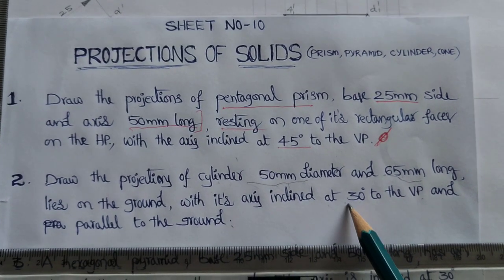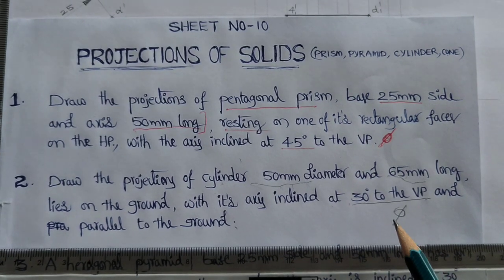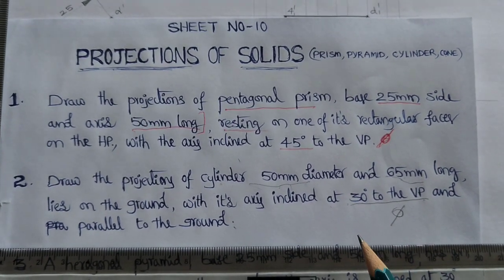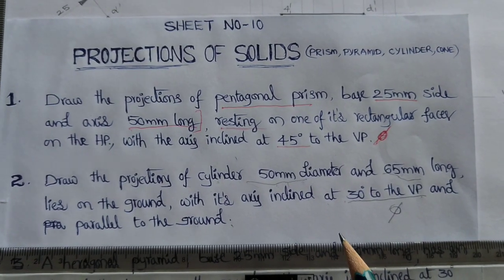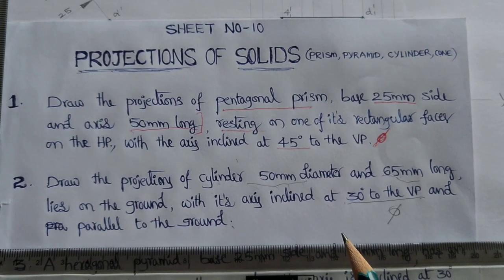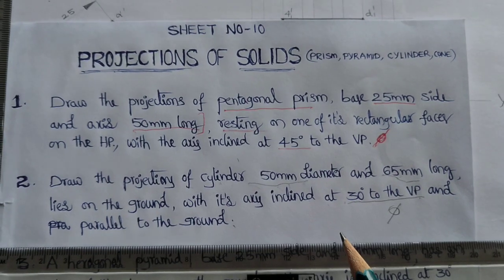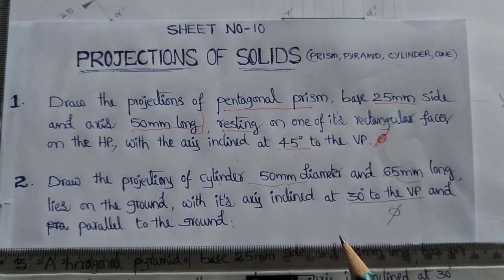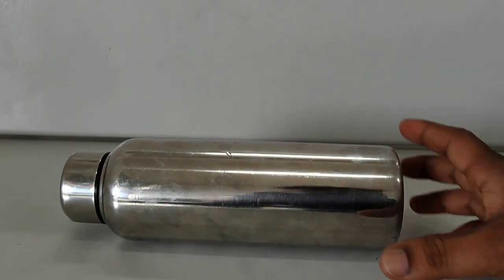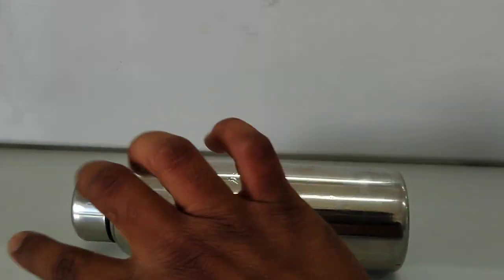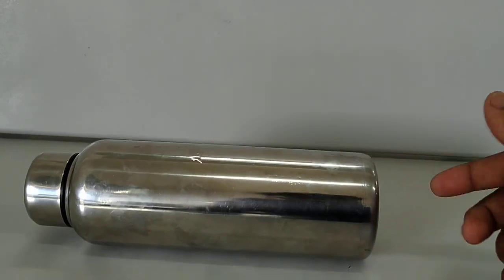So here inclination with vertical plane is available, that is denoted by phi. So when the object is inclined to the vertical plane, as I said, we should remove the inclination with VP and make it perpendicular to the VP. So that time in the front view we will be getting the true shape of the circle. So initially we should construct the circle on the reference line. Actually our object is a cylinder, axis is 65 mm long and the diameter is equal 50 mm.